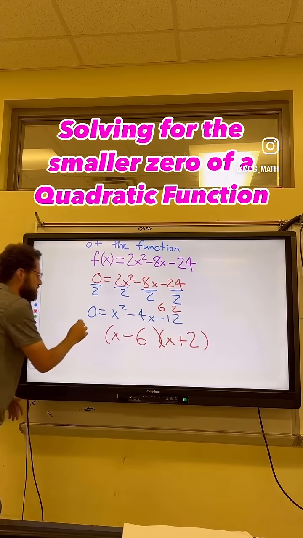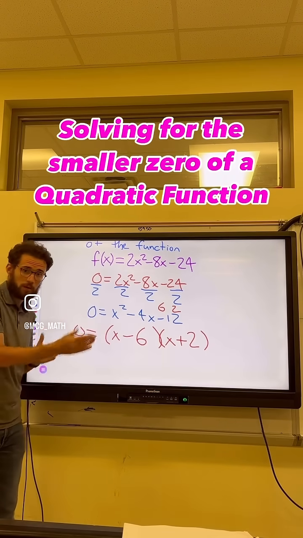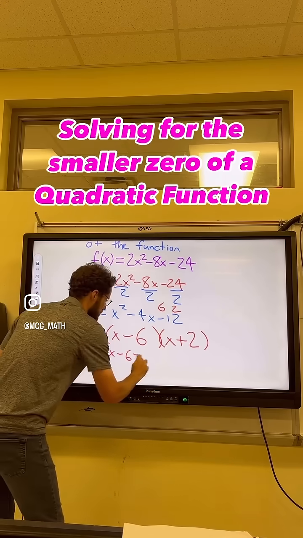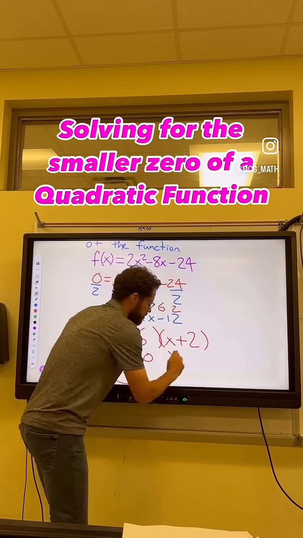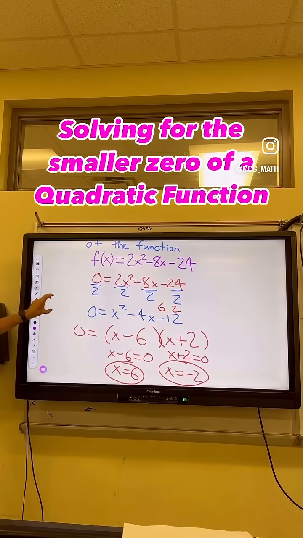So this is equal to 0, which means that one of these factors has to be 0. The only way to multiply two numbers and get 0 is if one of the numbers is 0. So we'd say x minus 6 equals 0 when x equals positive 6, and x plus 2 equals 0 when x equals negative 2. So those are our two zeros, but again, we're looking for the smaller of the two